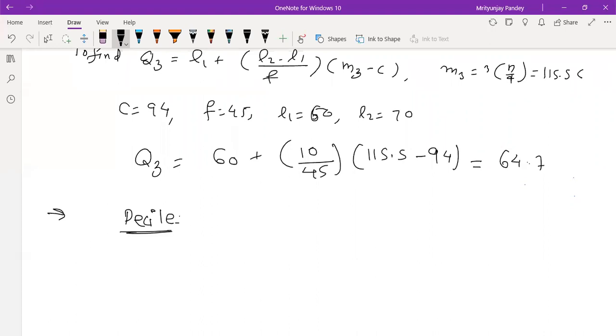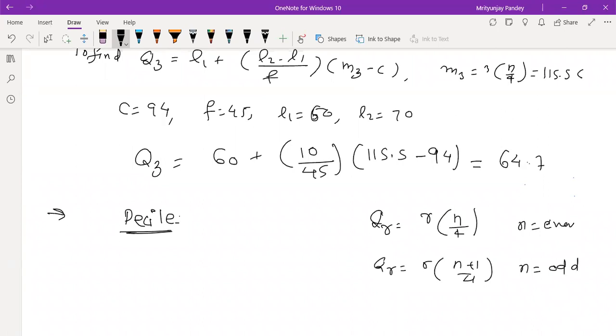So just as we were calculating quartile, what is the formula of quartile? That is Qr equal to r into n by 4 if n is even, and Qr equal to r into n plus 1 by 4 when n is an odd number. Okay, so according to that,